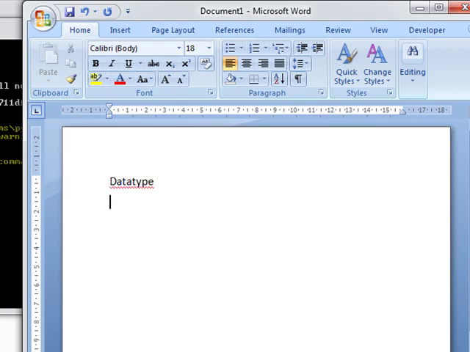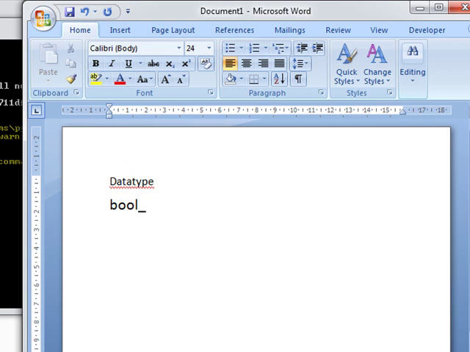There are several data types in NumPy. As we have discussed in class 11th also, Python has different types of data types. Similarly, NumPy has different types of data types. One is bool. I will increase the size so that it will be visible. One is the bool underscore data type.